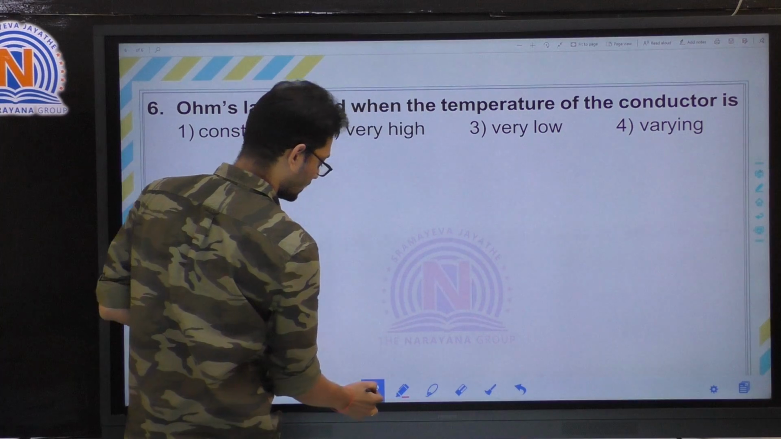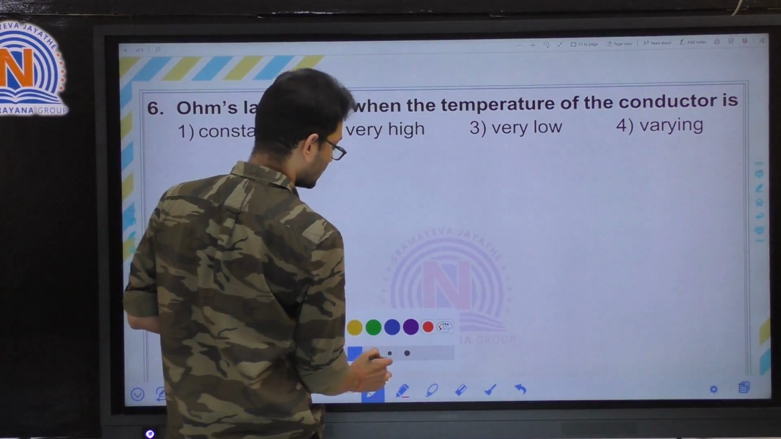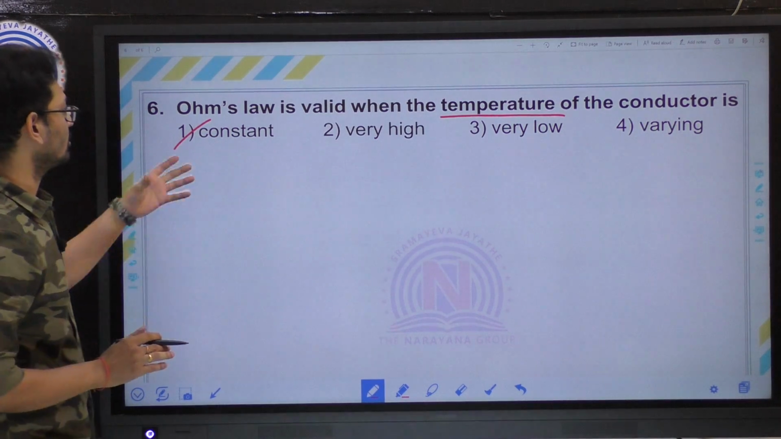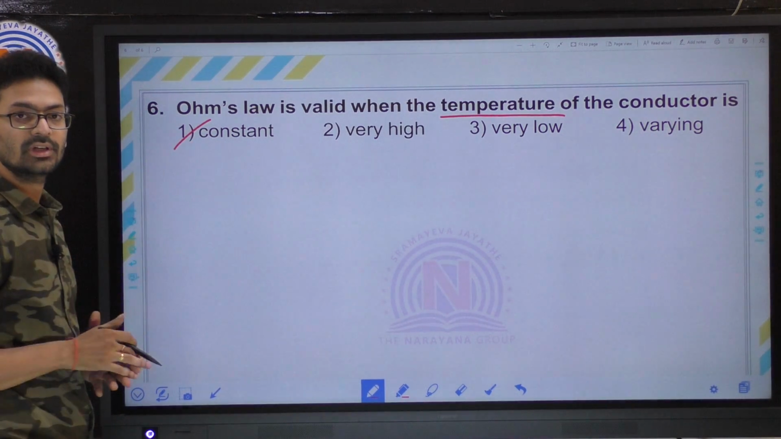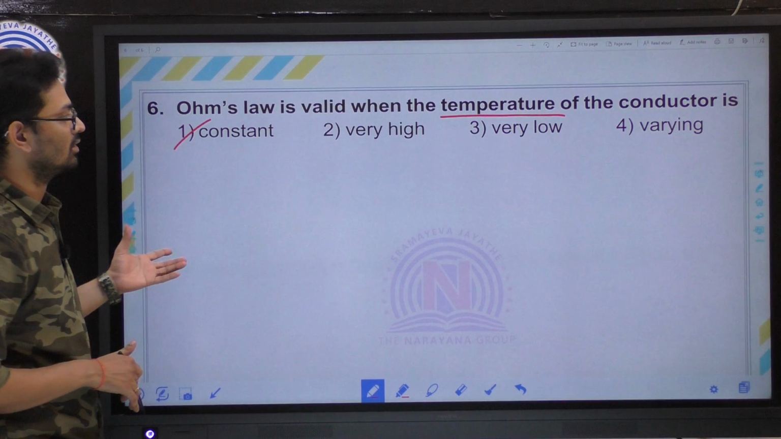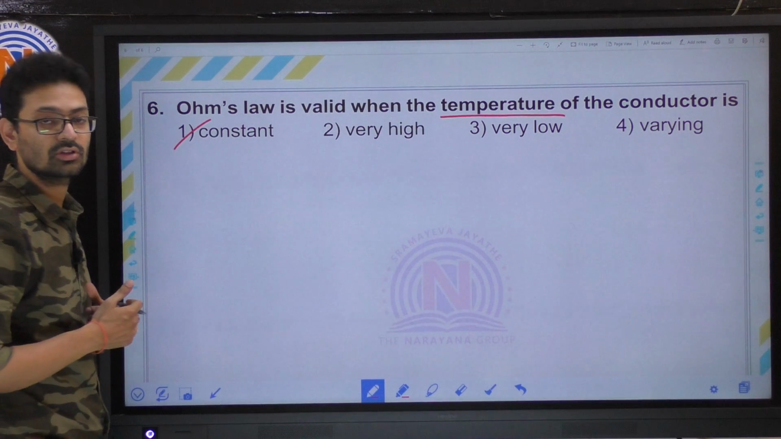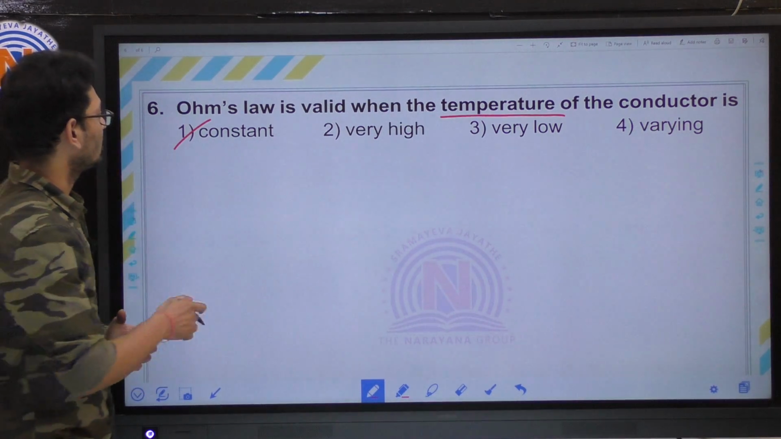the temperature should definitely be constant. Then only it is going to validate the Ohm's law, or else there is going to be a difference, and you can't expect the Ohm's law to be fixed, right? So now the answer is